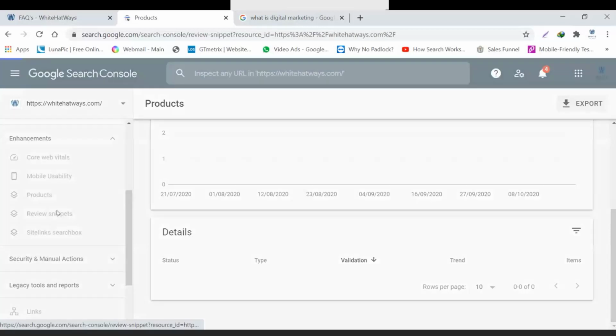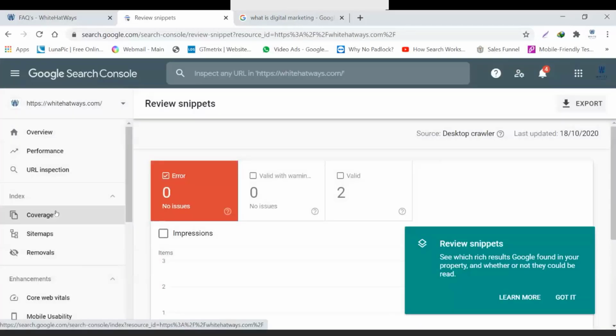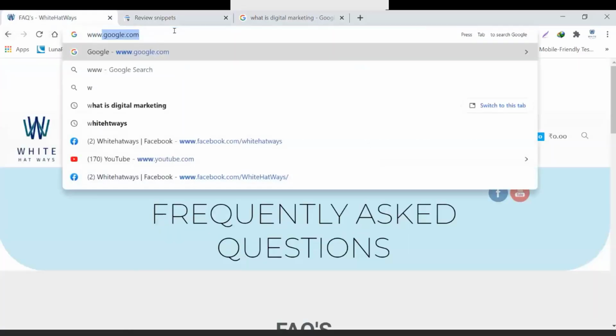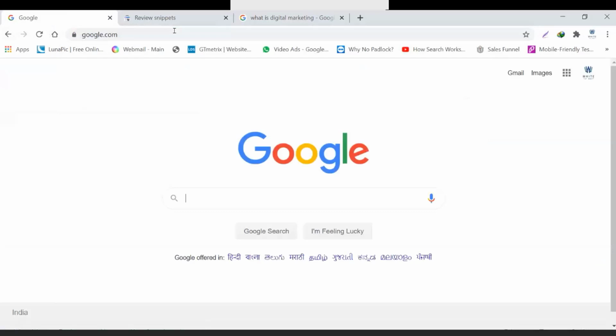Rich snippets are additional data that come along with your search results. A lot of times when you search for recipes, you also get to see the ratings, the time it takes to make a particular recipe, the amount of calories that are involved in that recipe. So what are those? Those are all rich snippets. I'll just give you a fair idea of what rich snippets are, though we are going to cover it in detail, but as of now I'll just show it to you.